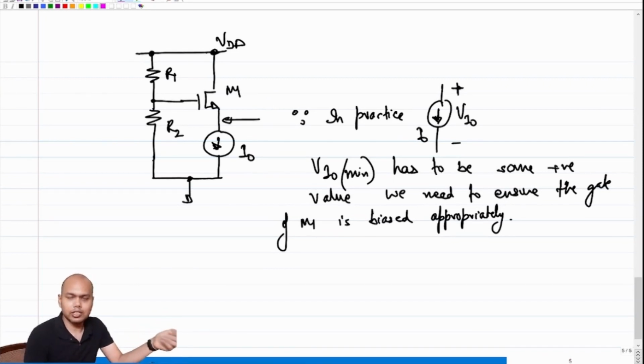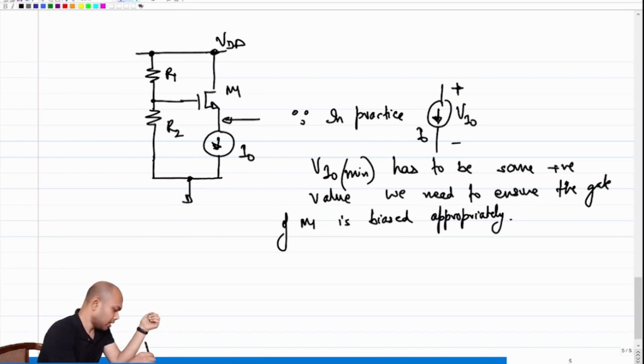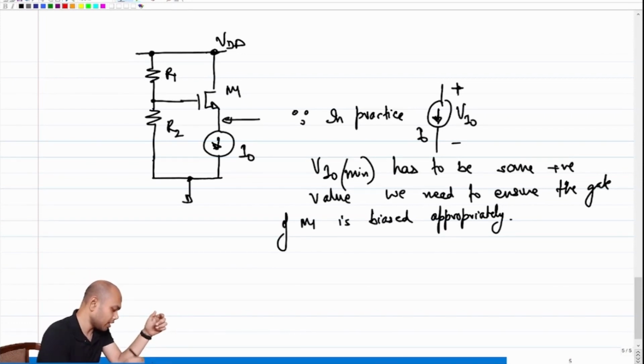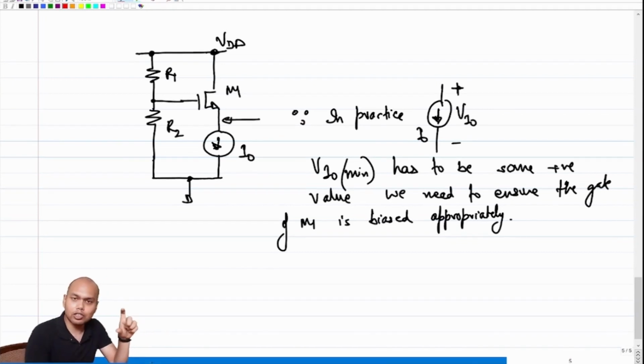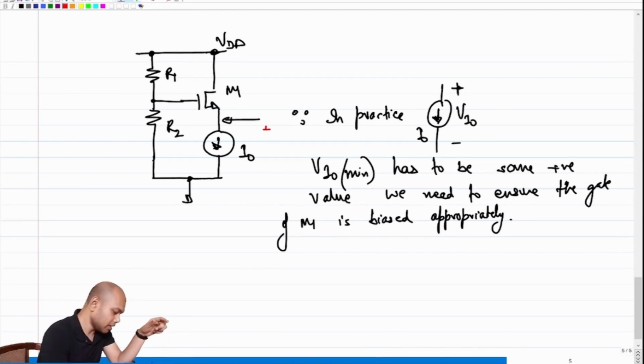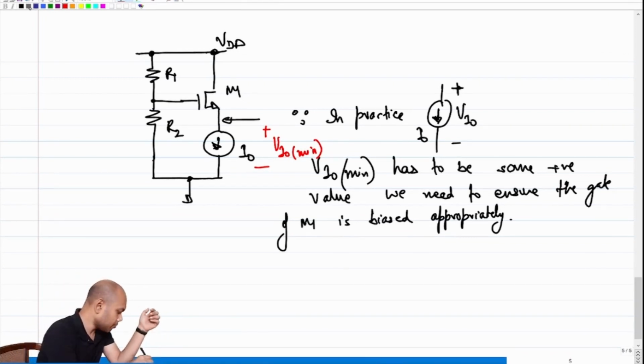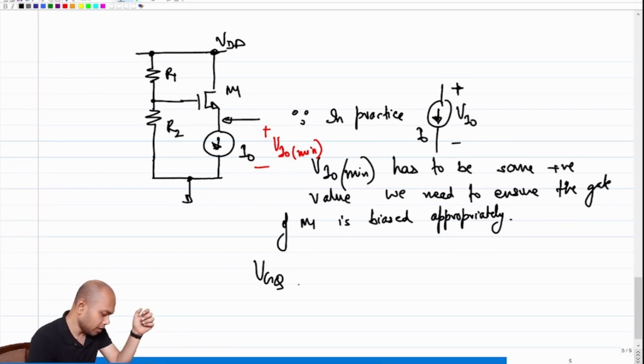So then the question begs, what value of VGQ do we need? And the answer to that, the analysis, will start from where? It will start from what is the minimum voltage that the current source needs, right? So essentially I would need to know what is V I naught min. Let's assume V I naught min is known, right? If V I naught min is known, then VGQ min,